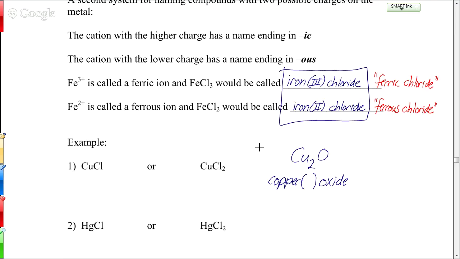But you can also figure it out in the periodic table. Things in that second row from the right are likely going to make a -2 anion, just like things in the first from the right are going to make a -1, and things from the third from the right are going to make a -3. So we can kind of guess it that way. And then we know that oxygen is -2 or oxide is -2. That means that if there's 2 coppers and 1 oxygen, each copper must be +1 to balance out that charge, right? So this becomes copper